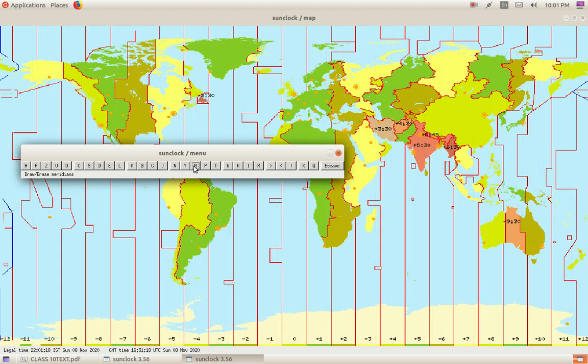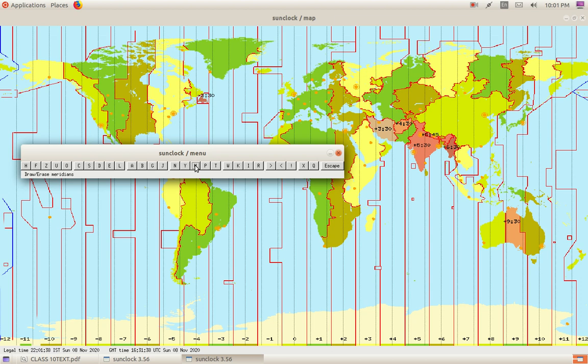It will be removed. What is the use of the M button? What is the name of it? Toggle meridian. It is used to show or hide the longitudinal lines. I am once again clicking on M. You can see the lines. Once again clicking. You can see the degrees. If I click once more, it will go to the top. The degrees will be shown on the top. Clear? That is M. We have learned N, M, and the exclamation mark.